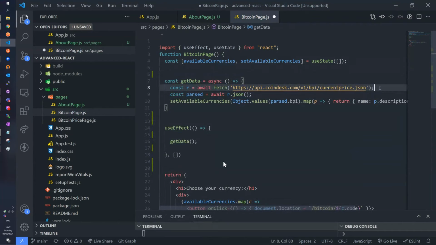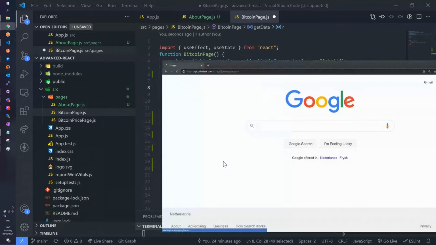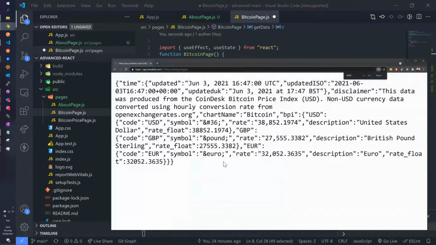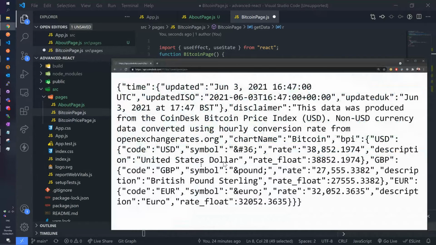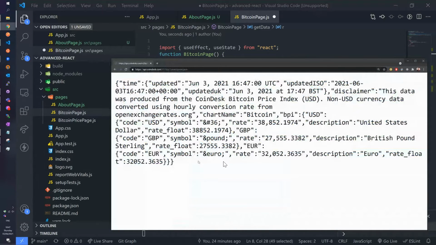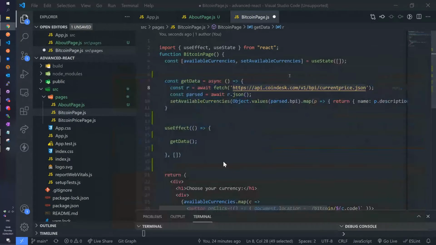So this is something that I really hope most of you already did at least once. I have this API. It's an open API. You can just pretty much copy paste the URL. You can see yourself what's in there. Let me zoom in a bit. This is like a JSON with a price of Bitcoin in 3 different currencies. I have a nicer arranged version of this, but that's the main idea. I fetch some data from this web server. I parse it as a JSON. So inside this variable, I have that data.